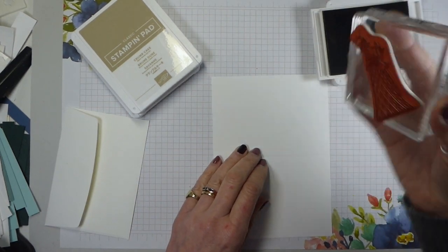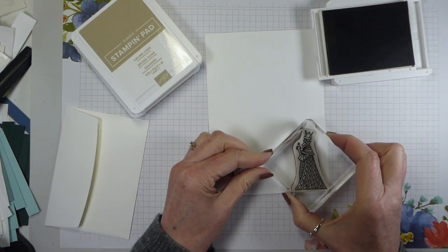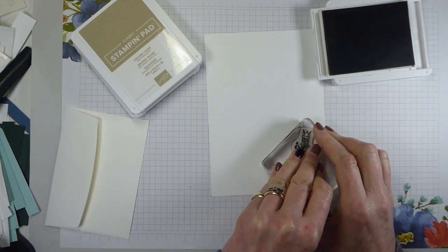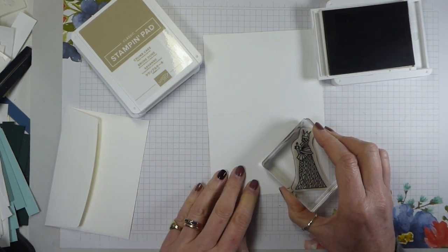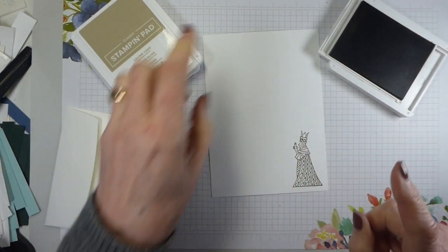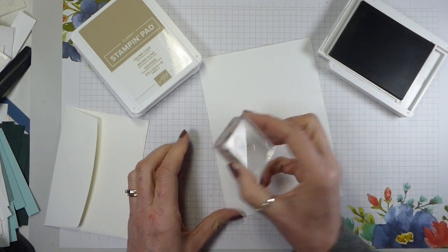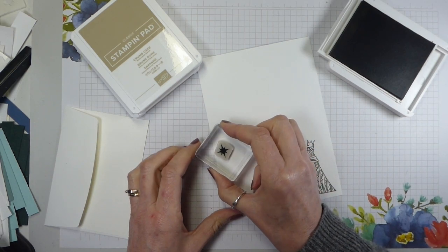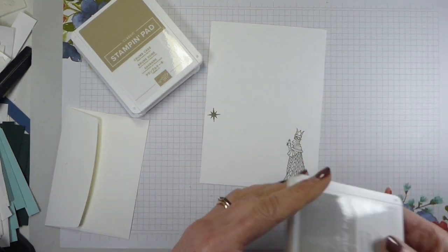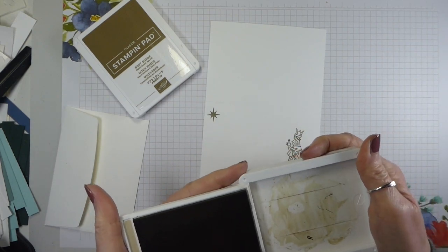So inking up the stamp and then just in the bottom right hand corner popping down my first wise man or king, depending on what your view of these things is. Now I am going to need that again, so I might as well do that now, and that is for the star, which is going to go up in the top left corner like that. So let's close that up because I don't need grey granite anymore. Crumb cake is next,